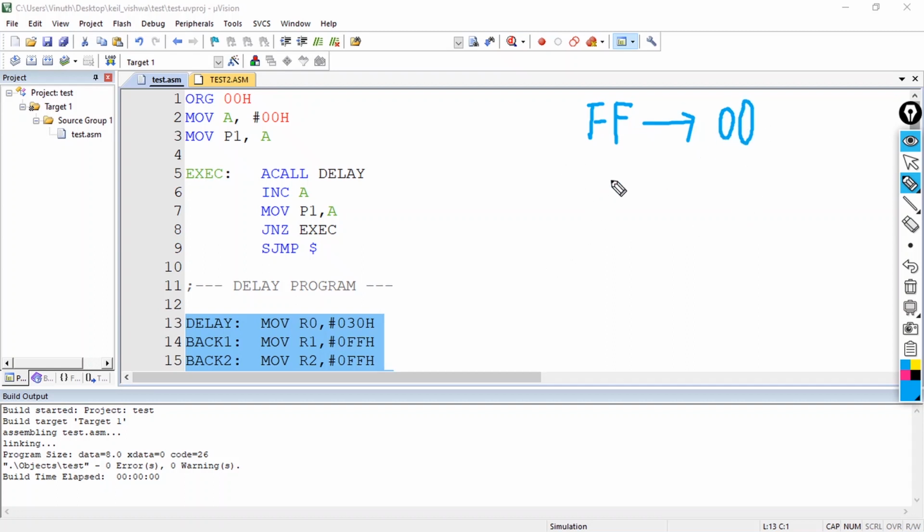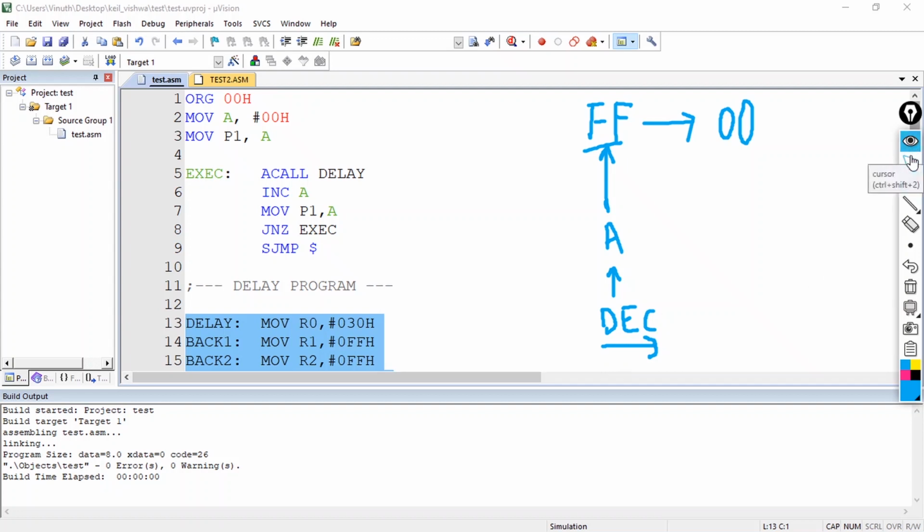So I'll be loading this particular value into my accumulator, or register A, and then I'll be using the decrement instruction. Since to make increment we had used the increment instruction, here, since we are doing decrement, let me use the decrement operator.